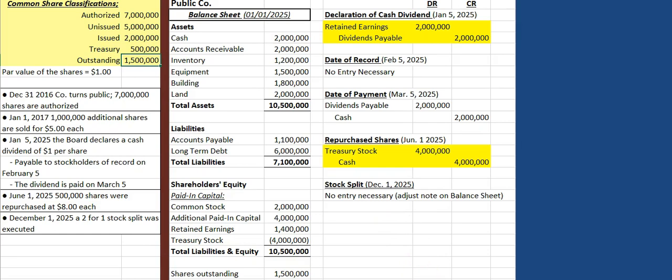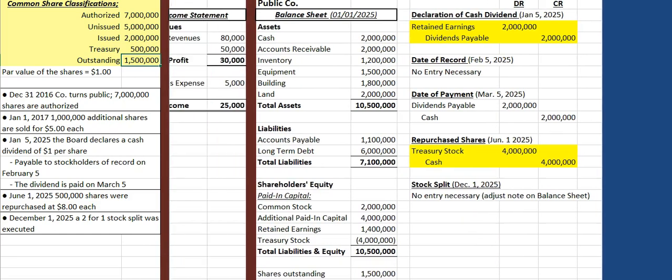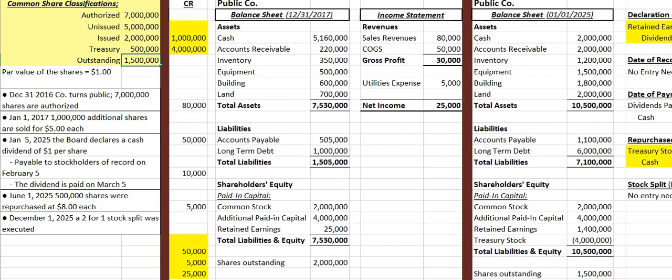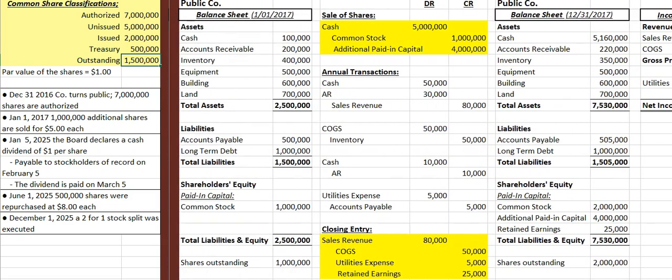So let's summarize this small section on shareholders' equity, okay? When equity is issued, the par amount is put under common stock, right? Equity accounts have credit balances, okay? So in this case, the company sold 1 million shares for $5, right? 1 million shares